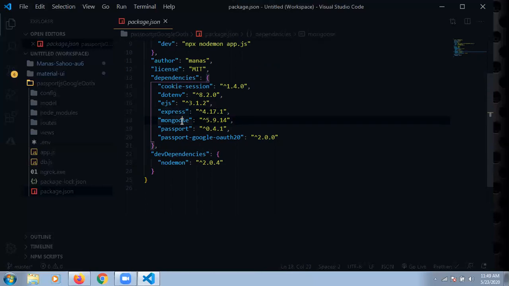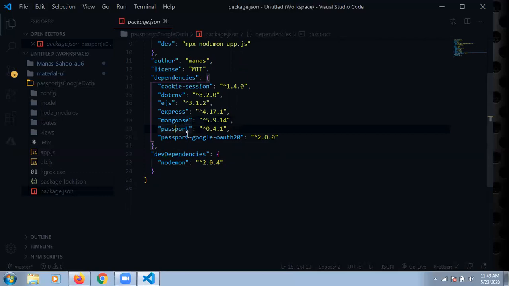And next one is Mongoose. This is a package we are using. It is an object relational mapping npm package which is used for sending queries, and we are not writing any vanilla queries for the MongoDB server. For that purpose, we are installing it as an ORM npm package for MongoDB.